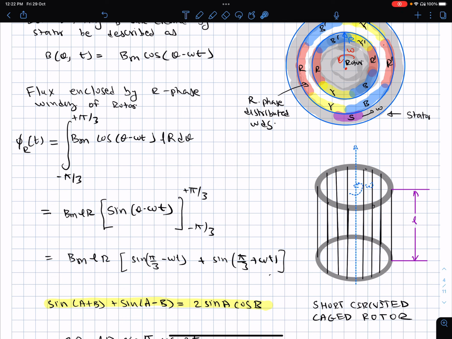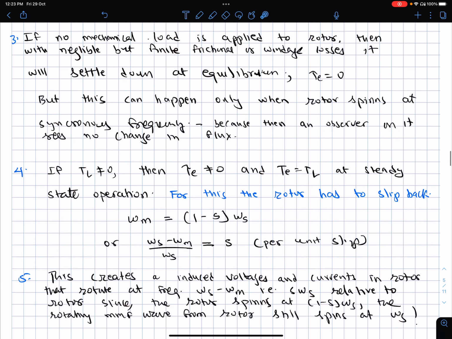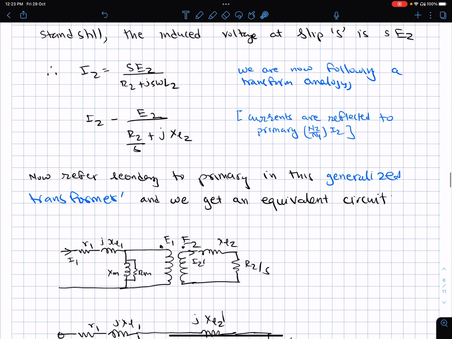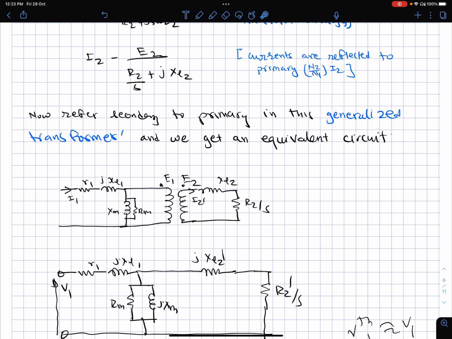We simply stick to the fact that we have on the secondary a cage rotor which is short circuited, and inside of it here is an iron mass, and here is an air gap. Then we basically came to the conclusion that once the primary induces a voltage in the secondary winding, it is effectively a mutual induction which works like a transformer.